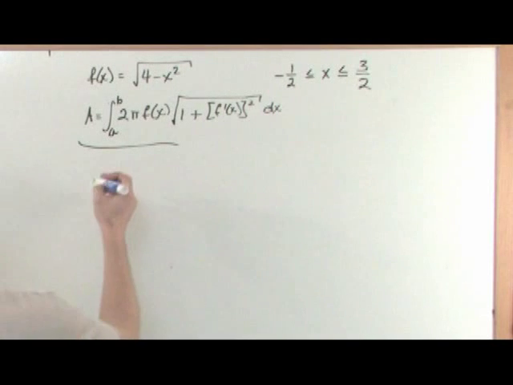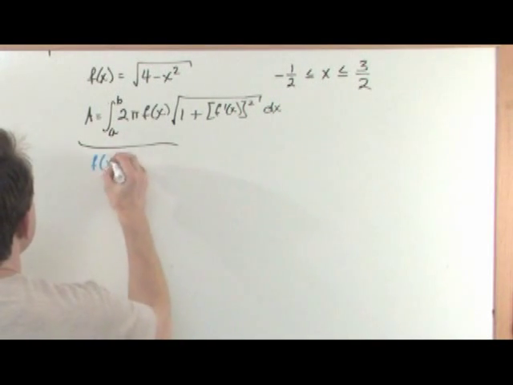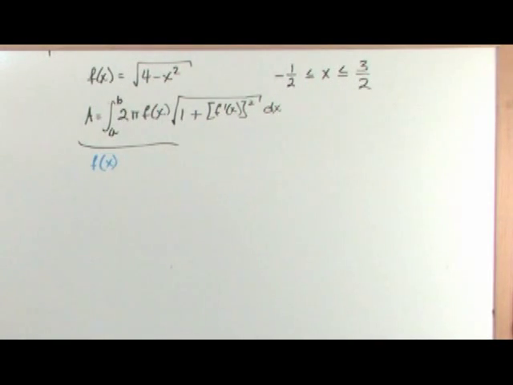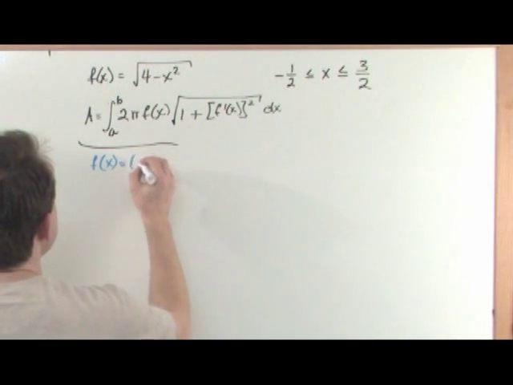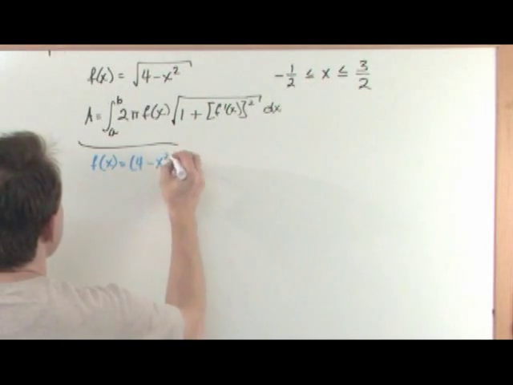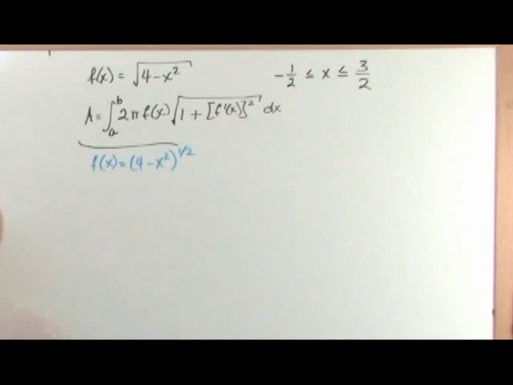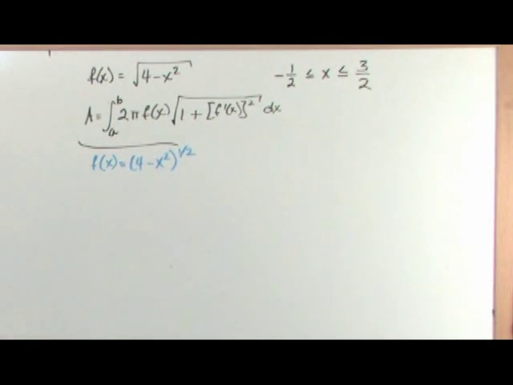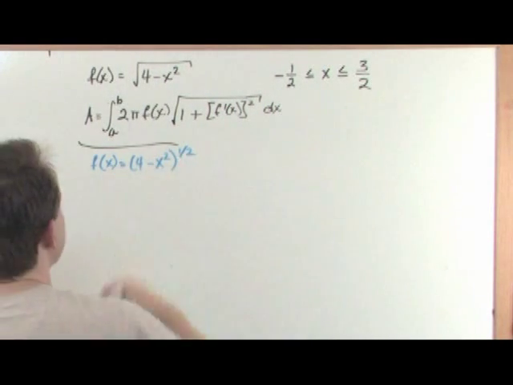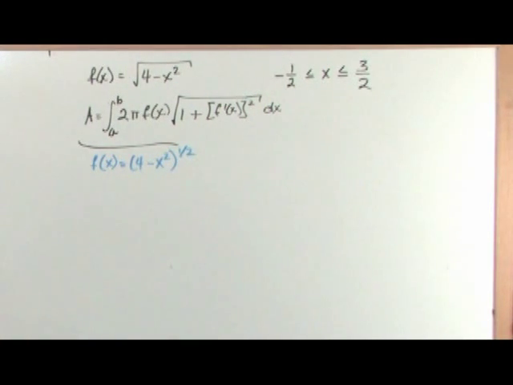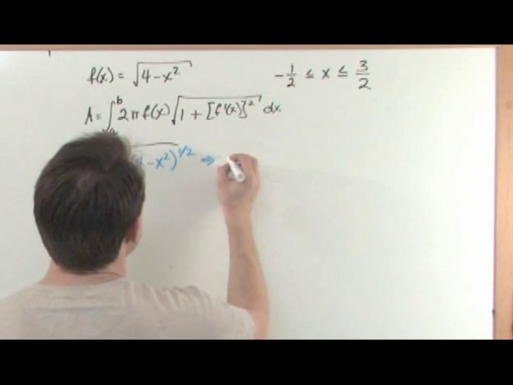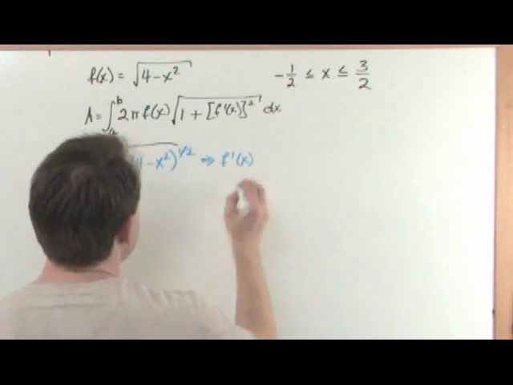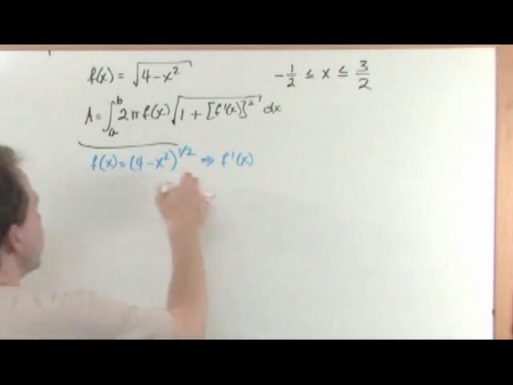What we're going to do first is take the derivative of this. But before we do that, I'm going to rewrite it as 4 minus x squared, all raised to the power of 1/2. And the reason I'm doing that is because I don't like radicals running around when I'm taking derivatives. I like to write them as exponents because you're going to end up using the exponent rule to take the derivative. So that would mean that f prime of x, the derivative, just using your exponent rule of derivatives,